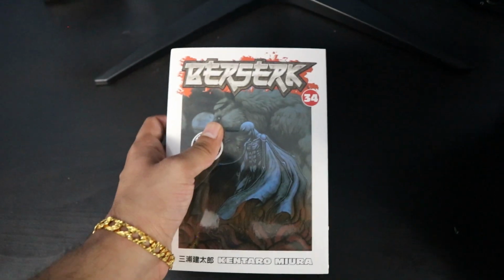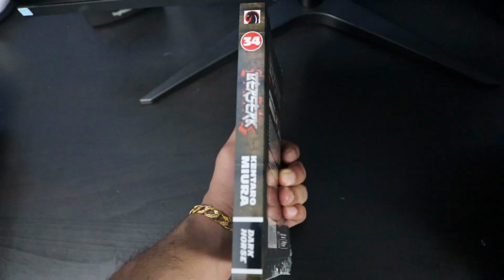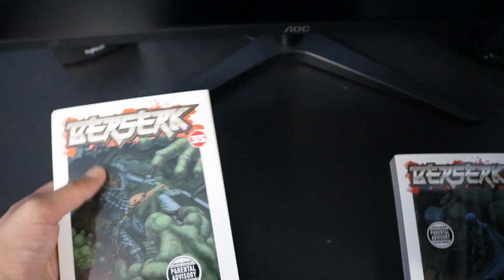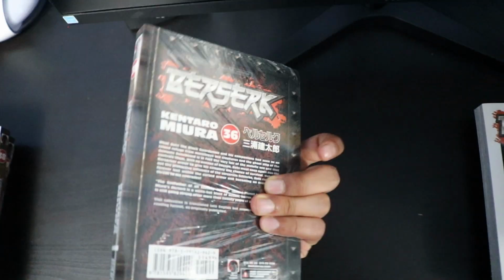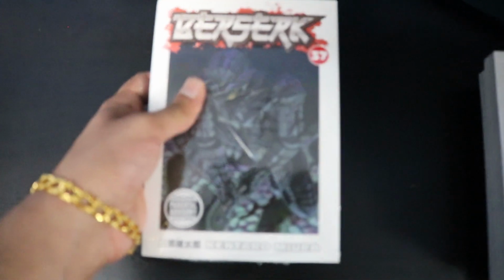But then I had to wait to get the rest of the Golden Age arc, which is up until volume 14, because you can't stop reading during the middle of the Golden Age arc. You have to read all of that to understand what happens in the story to begin with, as it is the prologue of it. But yeah, if you have the time and the resources, I do recommend checking this manga out,